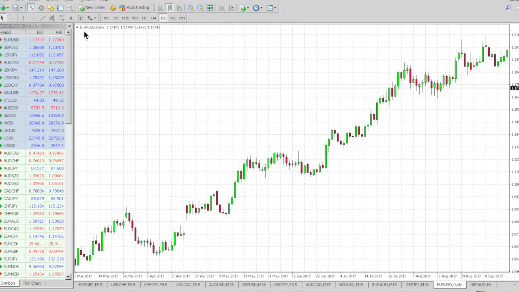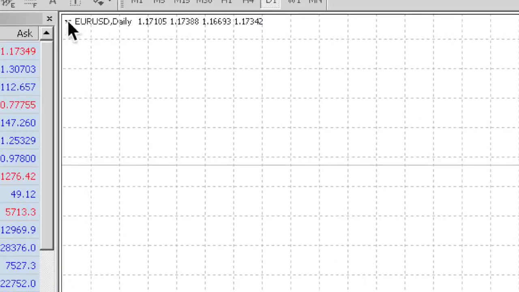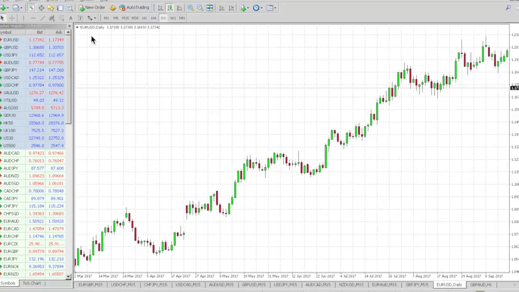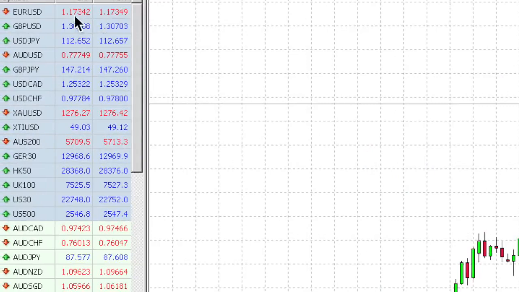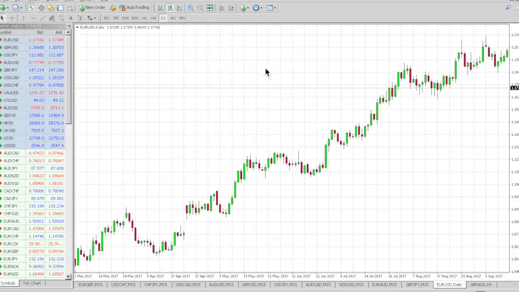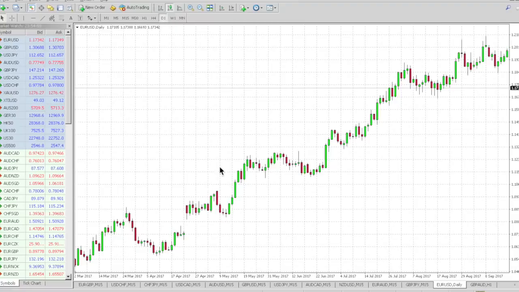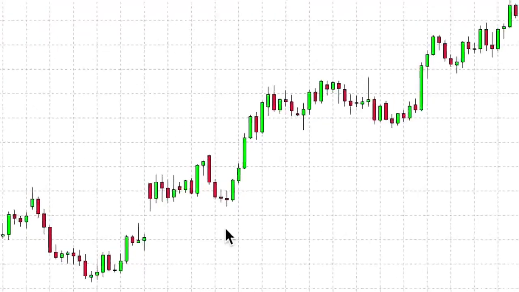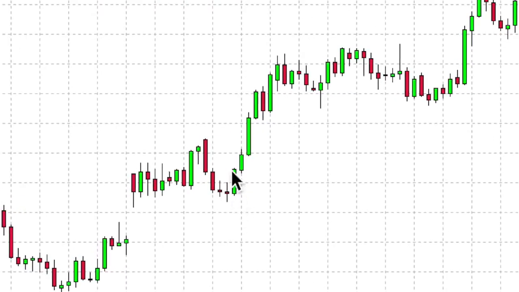So I'm looking at the Euro USD, okay, and the market's closed right now. I'm doing this on a weekend, so you can see that the prices are not moving, but when the market's open, you can see the prices will be moving rapidly, okay. Now, what I've selected is D1, which means daily candles, right? Which means each candle represents one day. So that's 1 day, 2 days, 3 days, 4 days, 5 days, and so on and so forth.